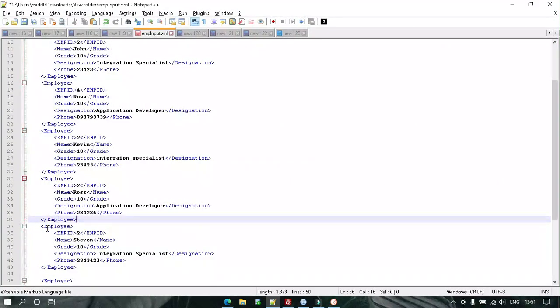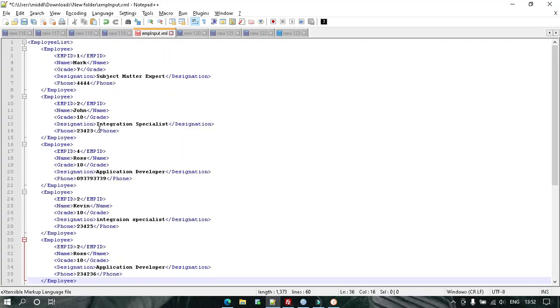So this is an input message which IB will be receiving. The requirement is, see, this is some employee data. Multiple employees are present, with their details. Now the requirement is we have to group those employees together in the output which have the same designation.